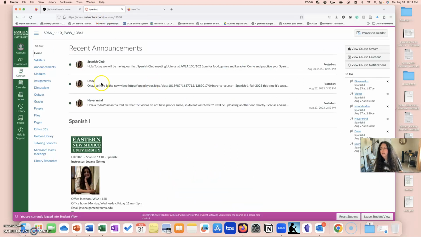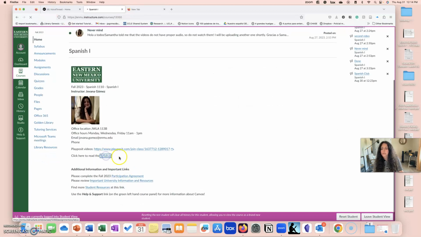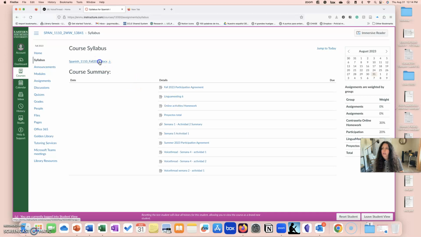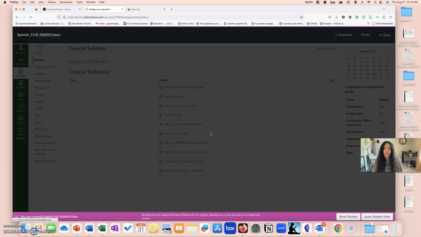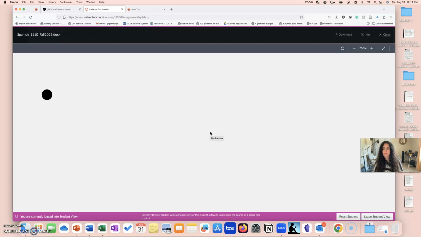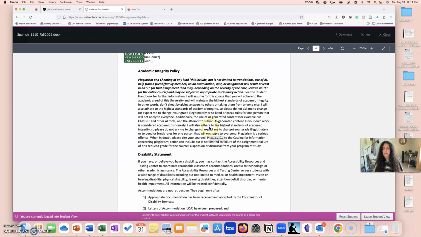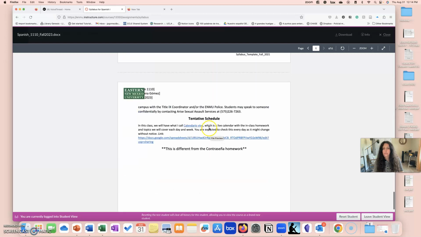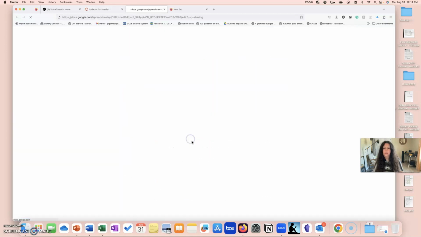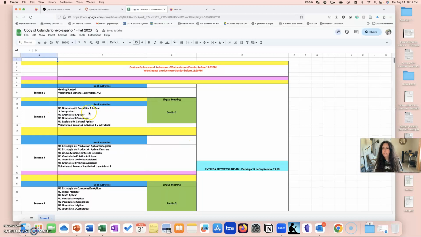And then on the calendar that I gave you on the syllabus right here, you know that at the very bottom there is the tentative schedule. It can be moved around and stuff like that.